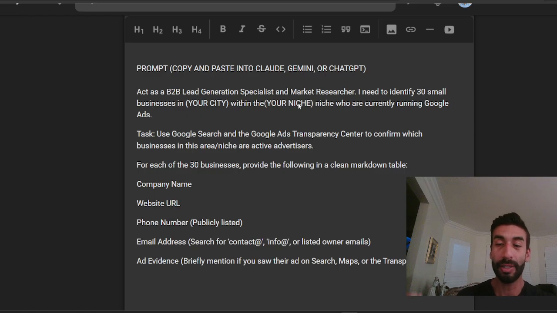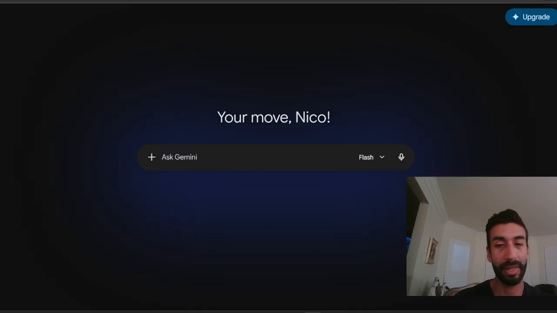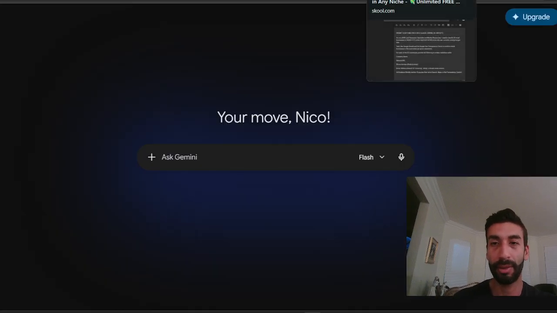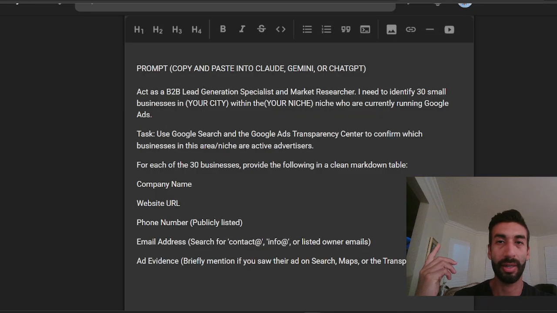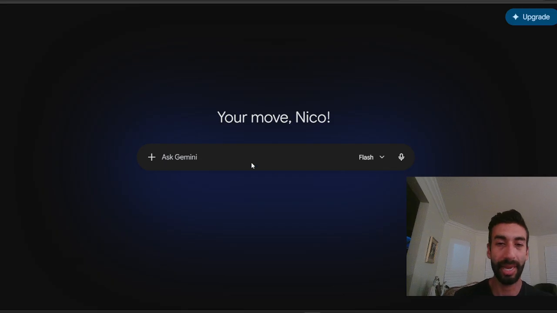So yeah, let's walk right through. Let me just minimize myself. And yeah, what we're going to do is we're going to use Gemini for this example. So I'm just going to walk you through here. Like I said, though, this is going to work just fine on Claude, on ChatGPT, or on Gemini. First thing is let's copy our prompt right here. So I'm going to just hit copy, and then I'm going to hit paste.